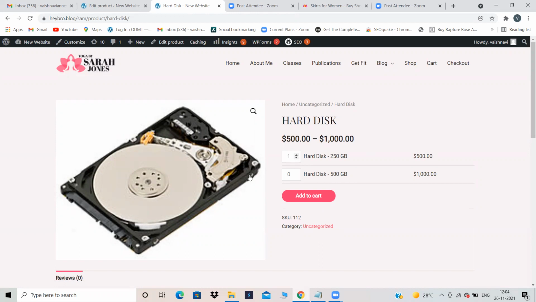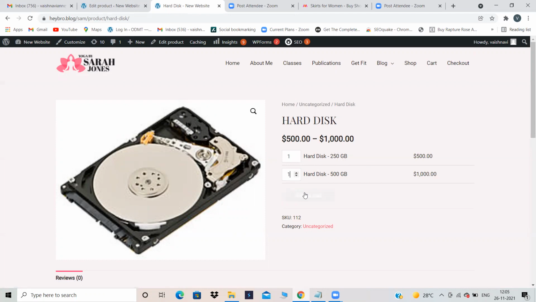That is the reason I have not added the image in simple product. While I was creating hard disk of 250 GB and 500 GB, if you observe, I didn't add any image over there because there is no need to add. For you, the image might not appear in all products, but for a user it does not matter. The user will not log into your website. The user should see the image over here, and that is enough. So hard disk 250 GB and hard disk 500 GB.